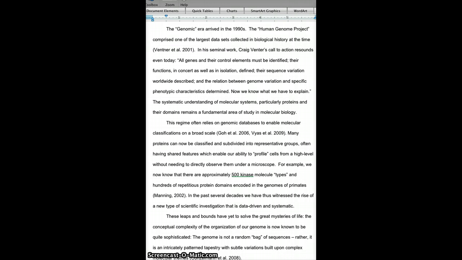The best way to do that is to actually look at the last sentence in the last paragraph, right? The systematic understanding of molecular systems. Whatever, you get it, right? So what I could do here is, if I'm talking about these molecular systems and their understanding, start this next paragraph off and piggyback off that. And I could say,